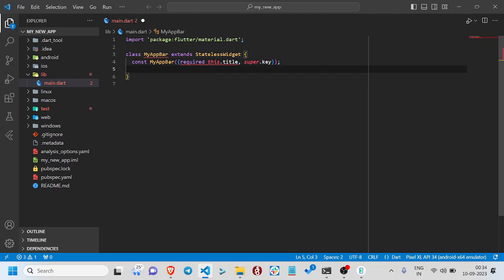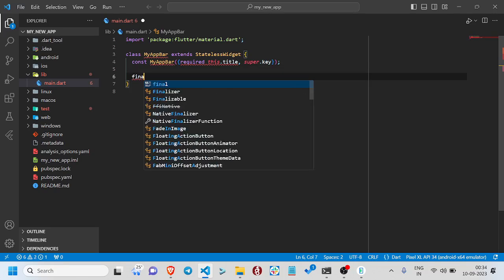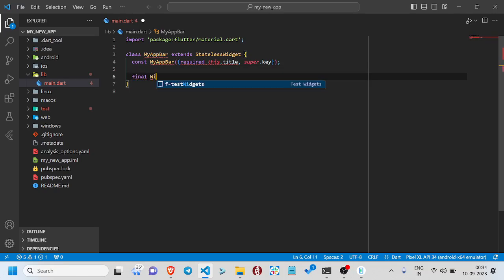Cool. And we have this comma. Okay, that's it. And now we'll create a final widget